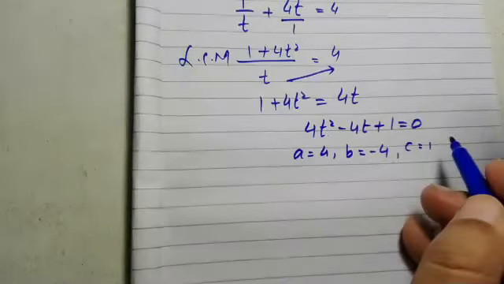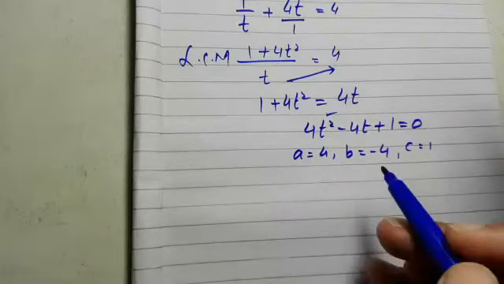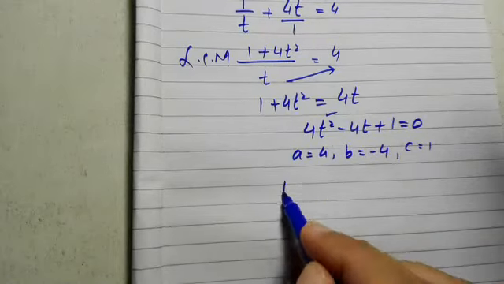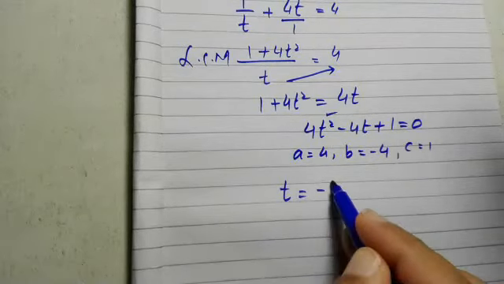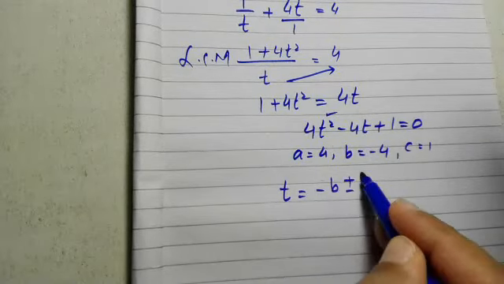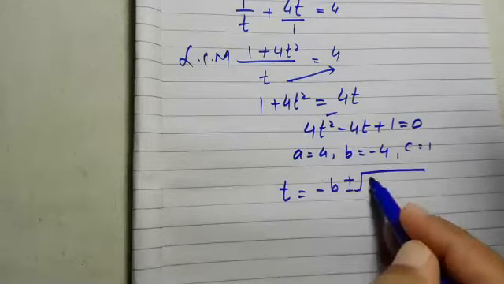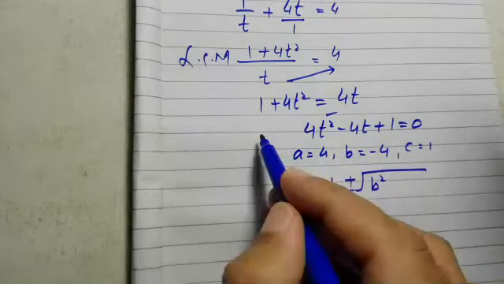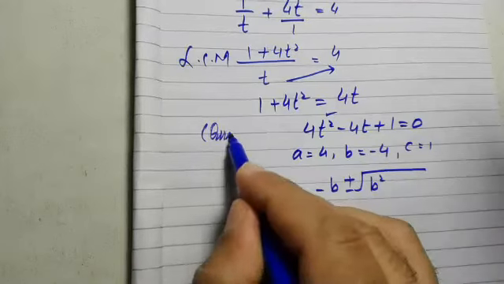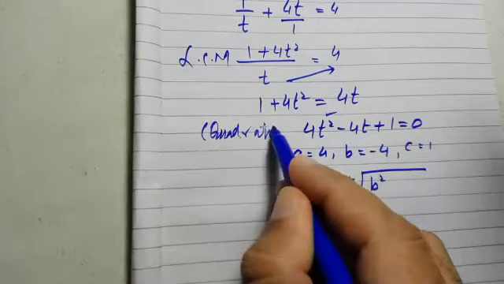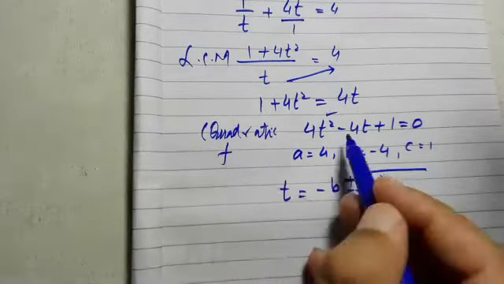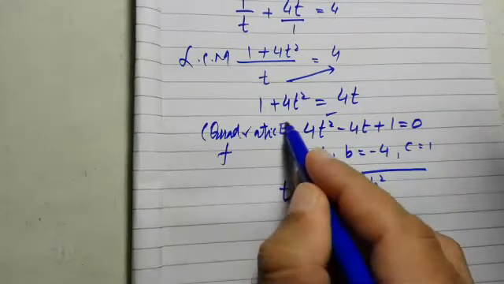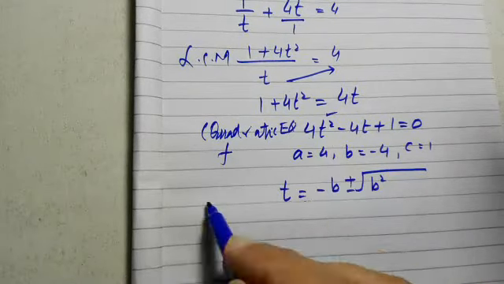So the equation is in variable t. So you will write the quadratic formula in terms of t, because in the first two exercises we were finding the value of x. This is quadratic in t. So you will write the quadratic formula in terms of t, not in x. Right? This is a quadratic equation, and we will write the quadratic formula in terms of t, like this one.